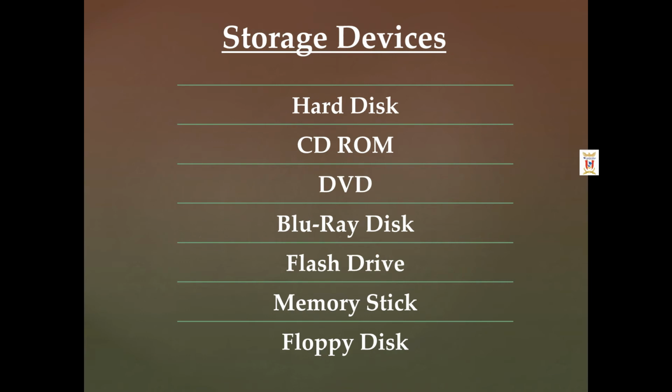The next one is CD-ROM. CD-ROM stands for compact disc read-only memory. You must have seen the CDs. These are read-only. You cannot change the data. The storage capacity can be 650 MB to 900 MB and it is made up of a reflective material coating. The speed of a CD-ROM drive is called the data transfer rate and is measured in kilobytes per second.